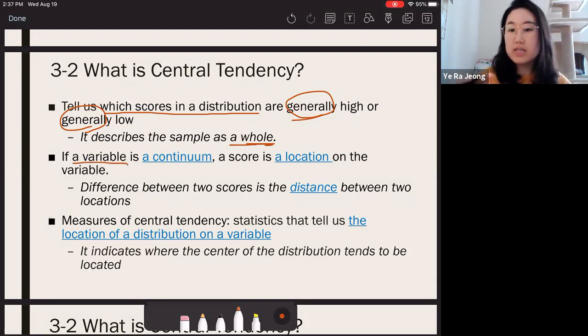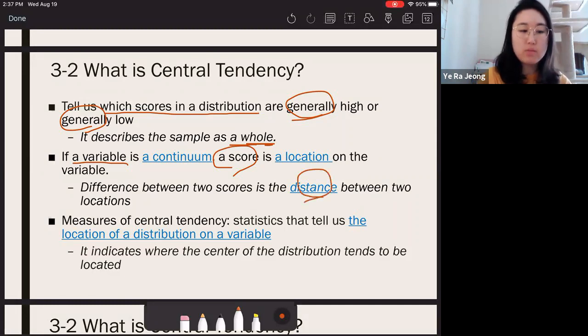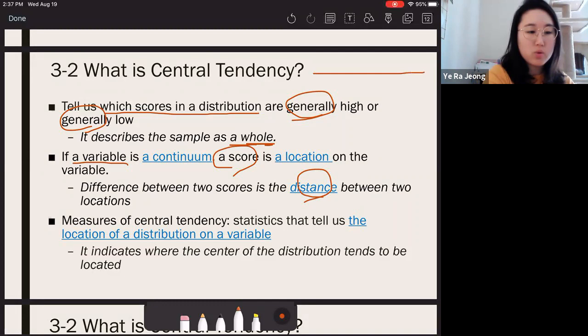The variable, like exam scores, is a continuum. It continues from score 0 all the way to 100. Then a score is one specific location within that continuum, okay? And the difference between two scores in essence is the distance between two locations. So if I have everyone's scores on the exam from 0 to 100,